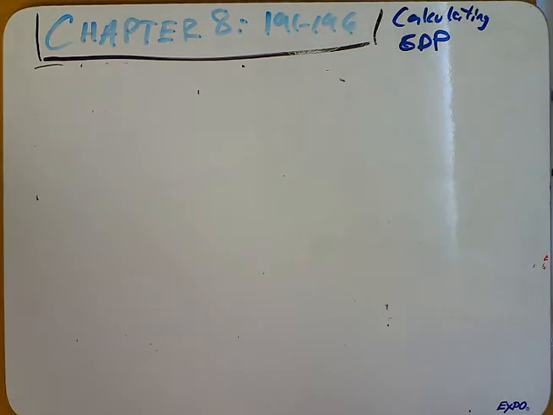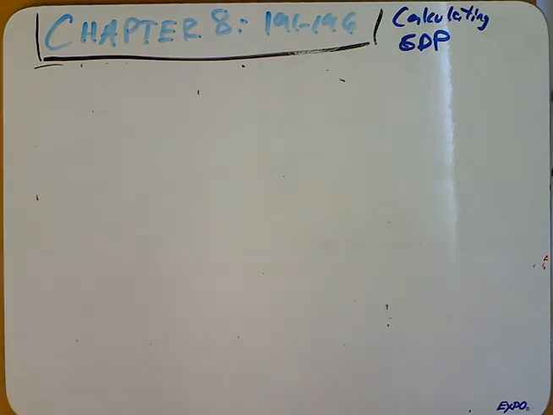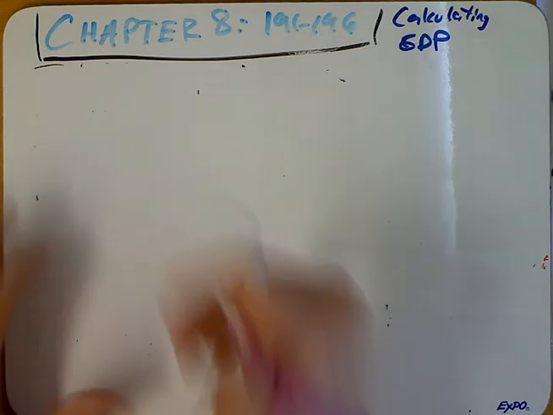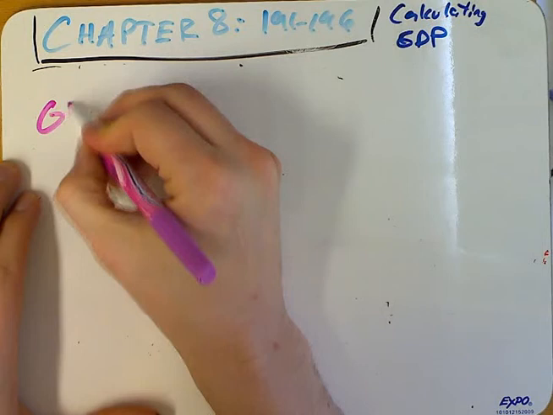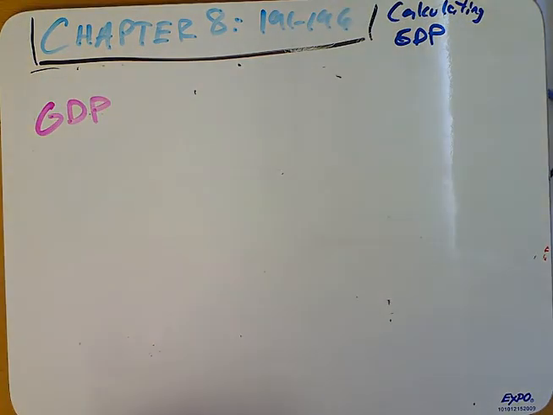Well, we discussed the circular flow last time. And we discussed that there are really two ways that we can view the economy. We can view it from the household giving the businesses money, or we can view it from the businesses giving households money. And so we're going to discuss GDP today through that lens. These pages 191 through 196 talk about GDP from the product approach first. The product approach is the most common approach, the expenditure approach. And so we're going to